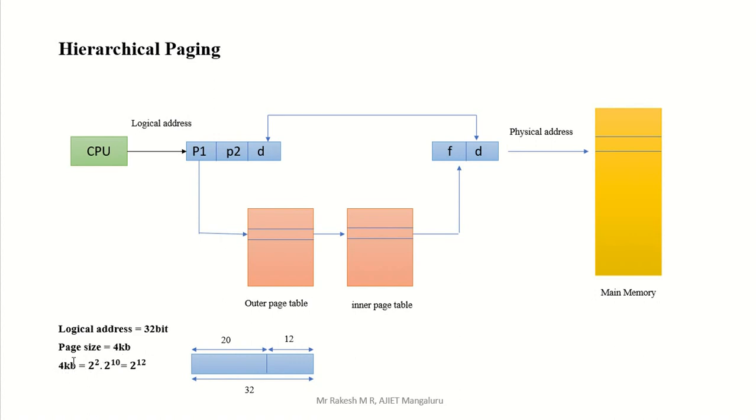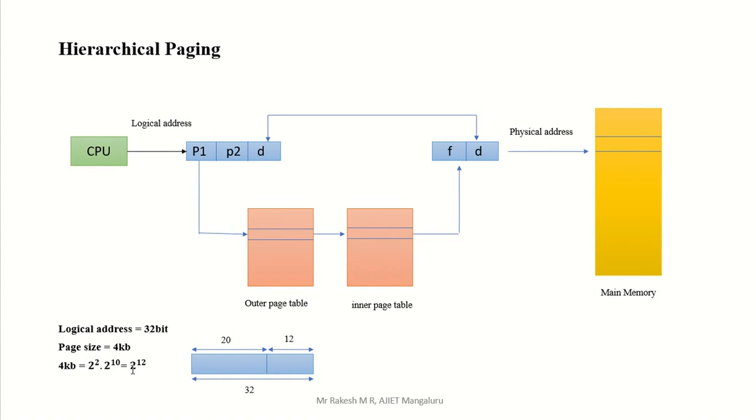We have a calculation. 4 KB means 4, that is 2 to the power of 2, into K, that is kilo. Kilo is represented by 2 to the power of 10. You know that is 1024; K means 1024, which is 2 to the power of 10 bytes. So 2 to the power of 2 into 2 to the power of 10 is the value of 4 KB. Adding the exponents, 10 plus 2, 2 to the power of 12 is the answer, right? 2 to the power of 12 represents 4 KB. 2 to the power of 11 represents 2 KB, right? Like that, 2 to the power of 12 represents 4 KB.